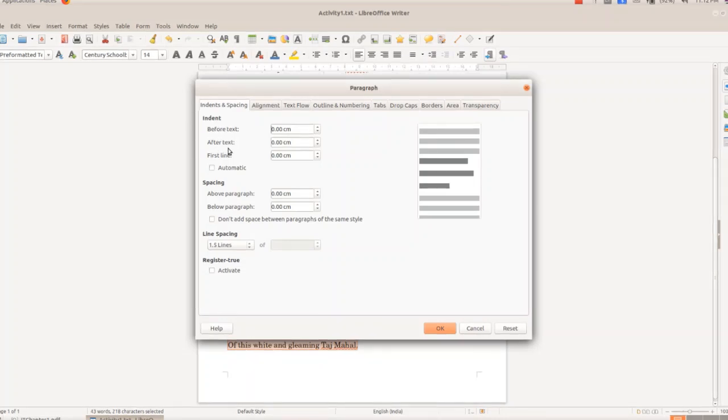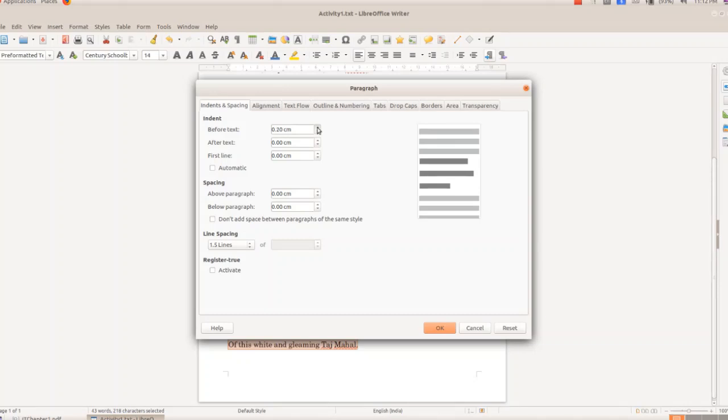And here we have the option before text and after text. Here we want to leave some space before the second stanza, isn't it? So it is before the text. So here we will change the value.